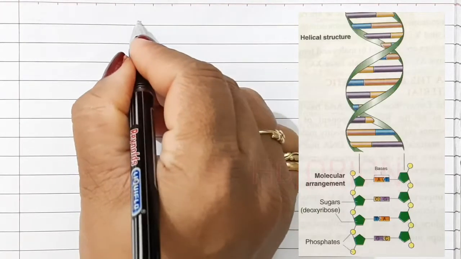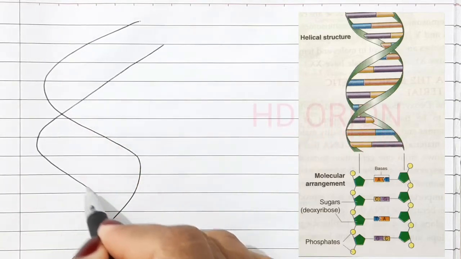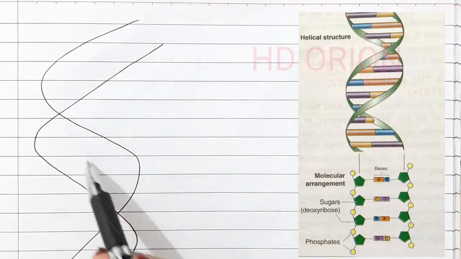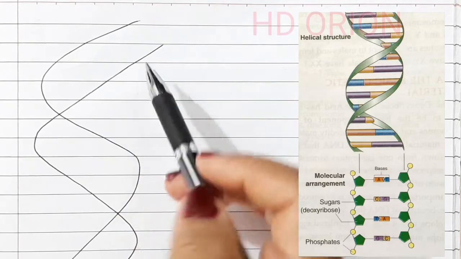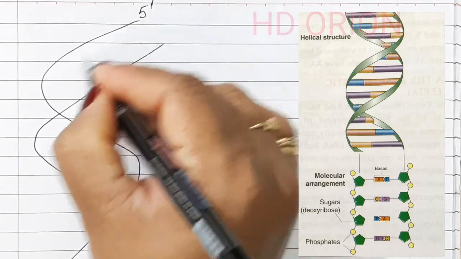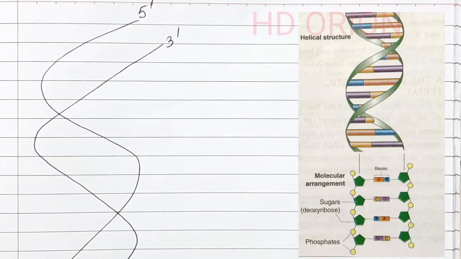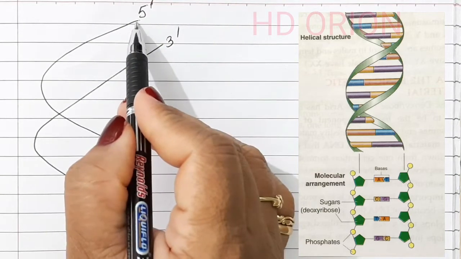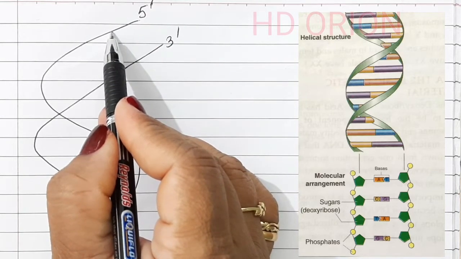The DNA is made up of 2 complementary strands which are parallel to each other. They are wound around each other in the form of a double helix. Since this is in the shape of a helix, we call it a double helix. These are the two complementary strands which are labeled, one as 5' and 3', and this one is 3' and this is 5'. Each DNA strand is made up of many nucleotides. This is one strand, this is another strand.